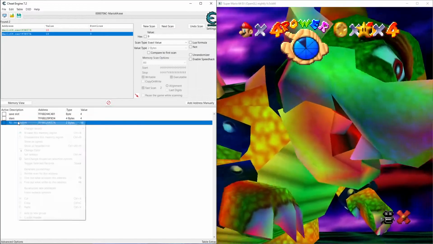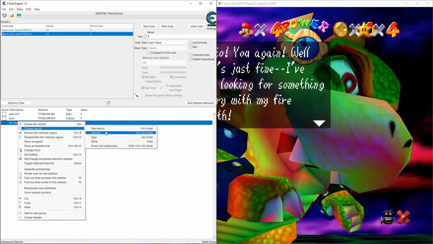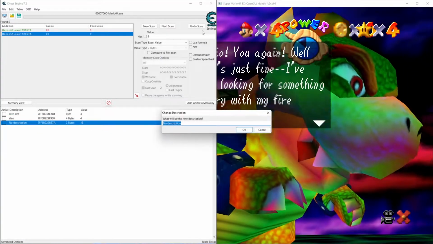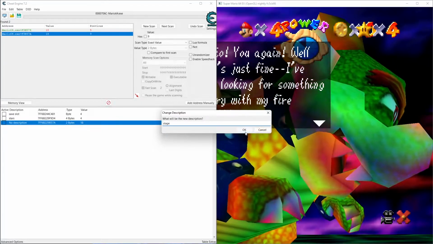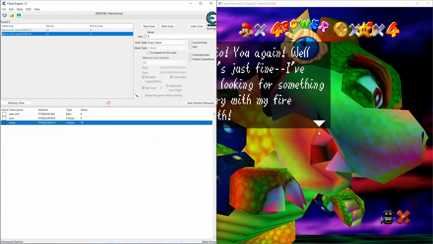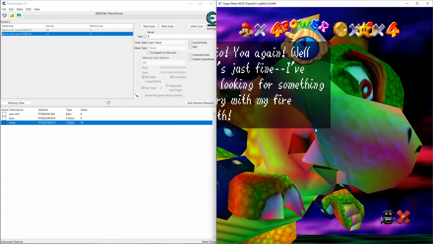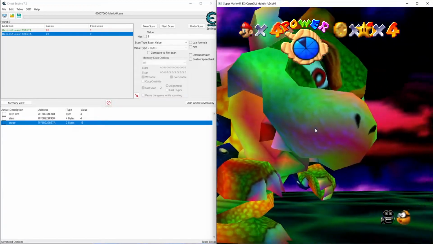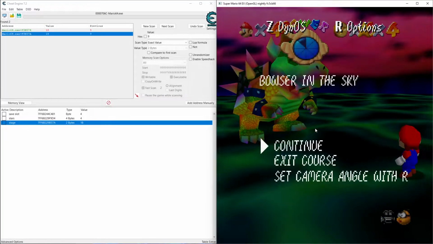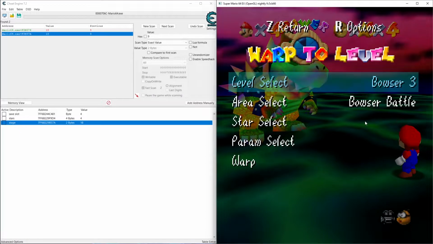Just double click this one. Change record. Description. Stage. Now, the next thing that we need is what animation Mario is using. So, Mario has well over 200 animations. So what we'll do, we'll just